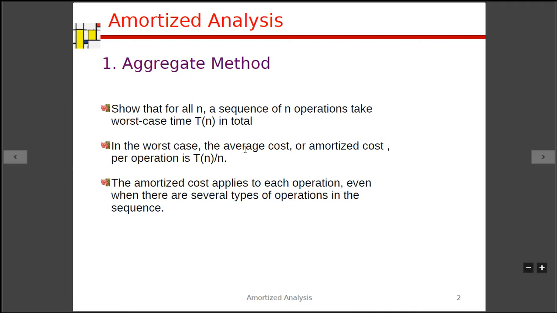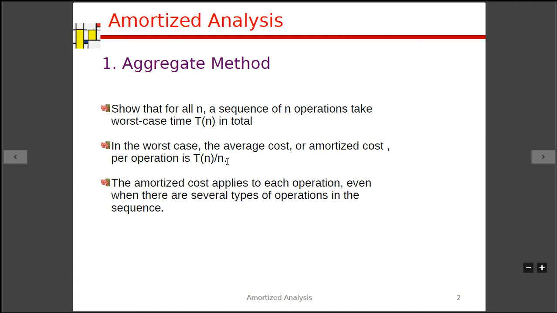In the execution of the worst case, consider we are running all the test cases which are worst case. We will take a classical example of quicksort. The worst case for quicksort is when all the elements are already sorted. Suppose for an algorithm, we are giving all the examples in which elements are already sorted. In that case, quicksort will continuously run in the worst case only. So in this case, the cost per operation is T of n divided by n.